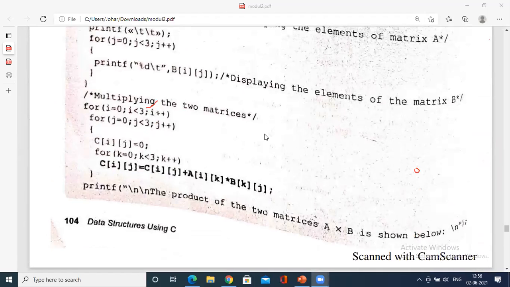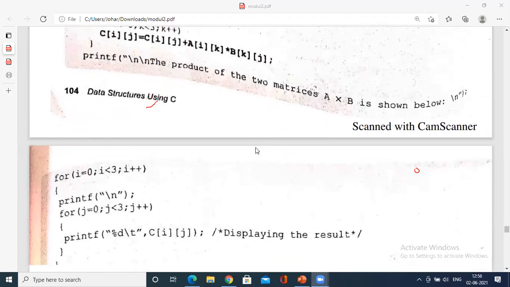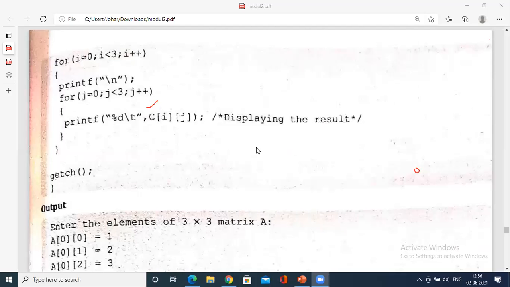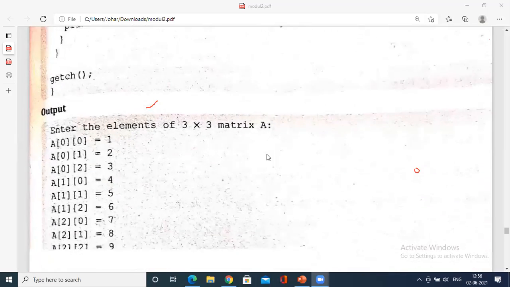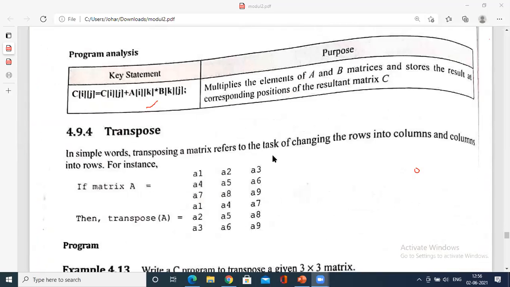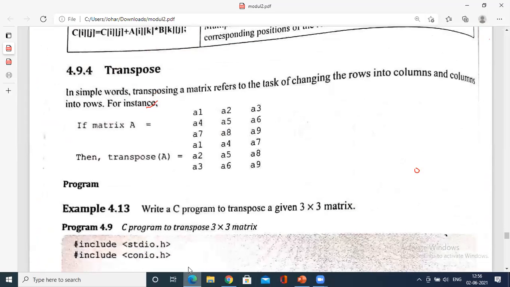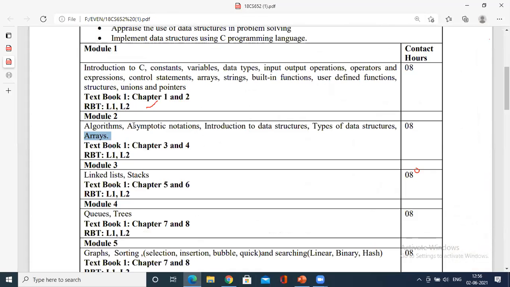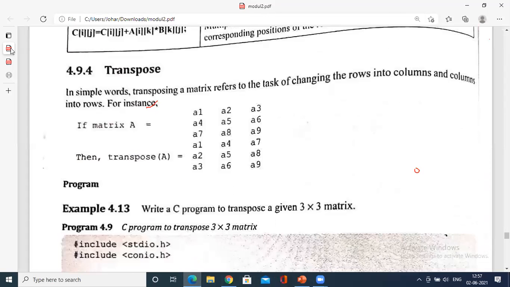I hope all of you have understood, or else I might give you a separate session, or scan copies of the tracing. Today, at any cost, I want to finish this module and go on to the third module, that is linked lists and stacks, by tomorrow, definitely. That is on Wednesday. Then what is left is the transpose.